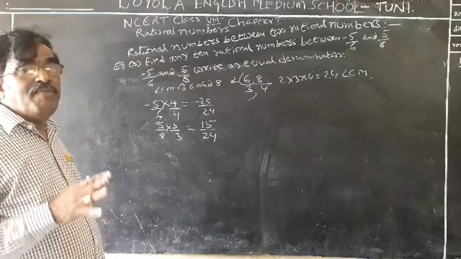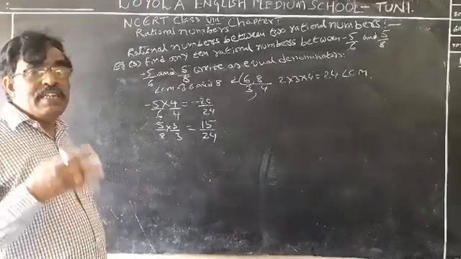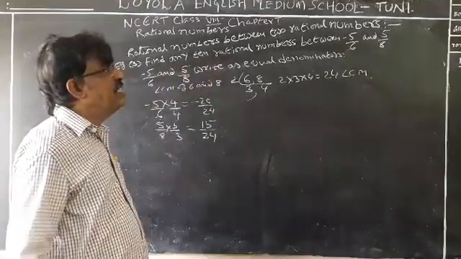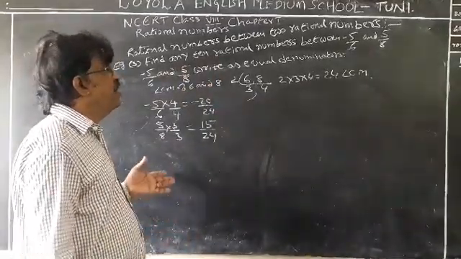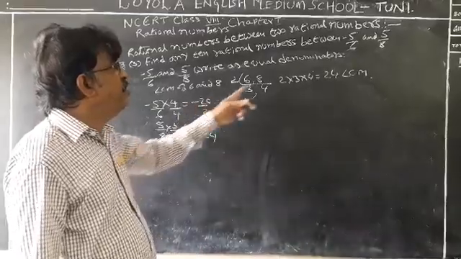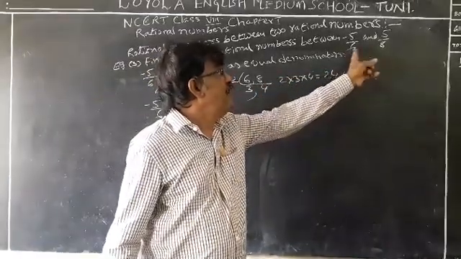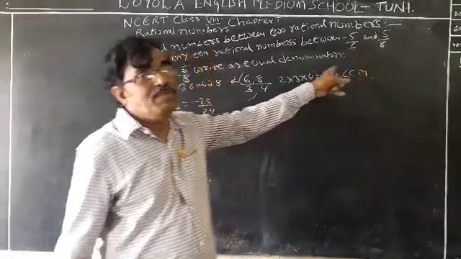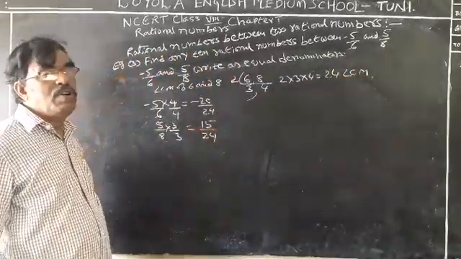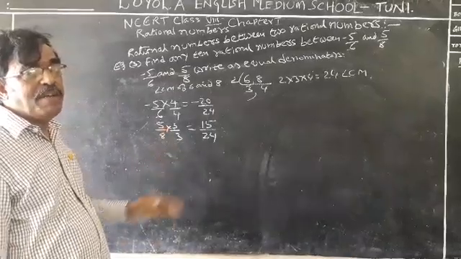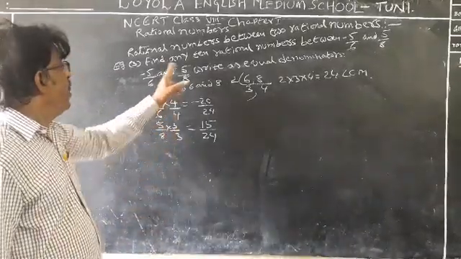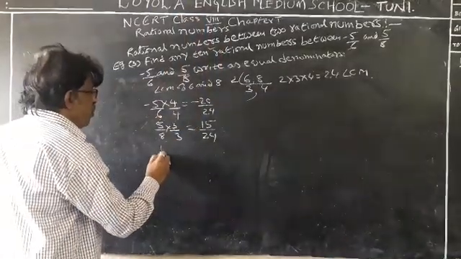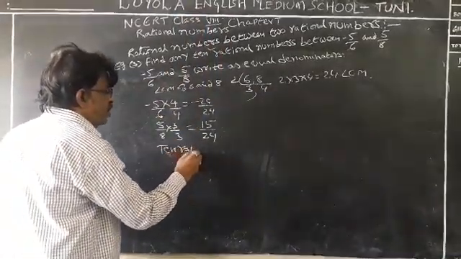Are you following? When both are like terms, it is easy to write 10 rational numbers, or 5 rational numbers, or any number of rational numbers we want. We have to check whether the given fractions have unlike denominators, and convert them into like terms, then only it is easy. I told you in the previous class and just now once again I am reminding you. Now, finding how many rational numbers? 10 rational numbers.